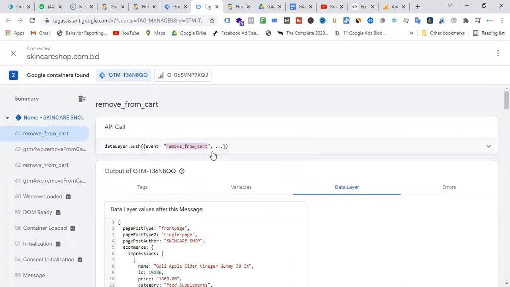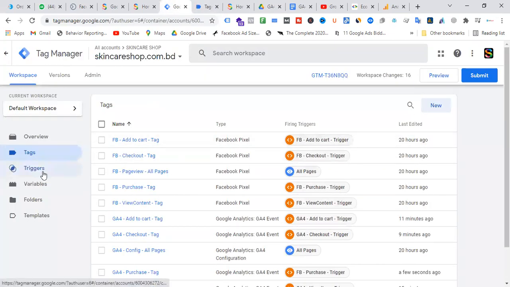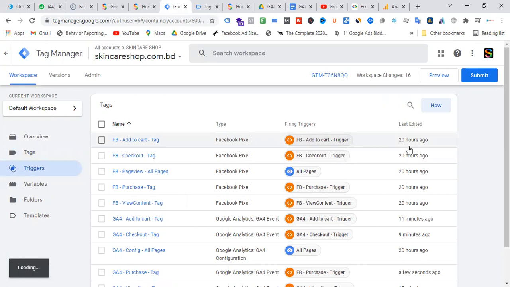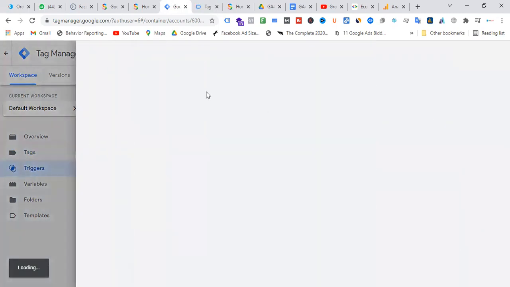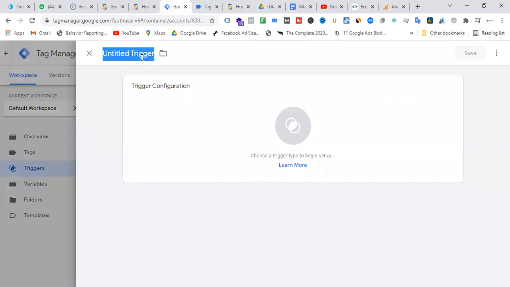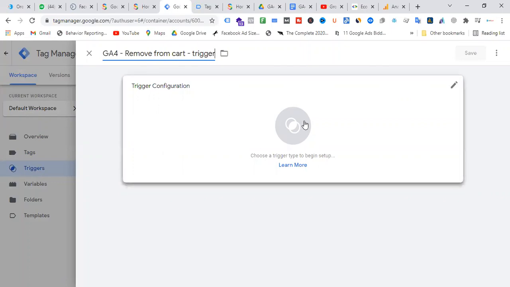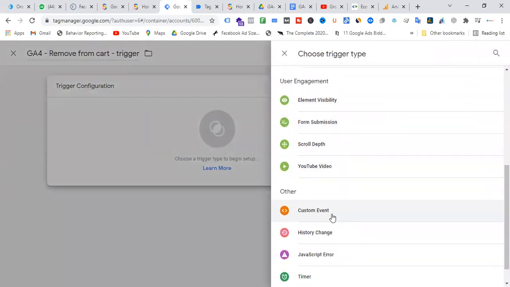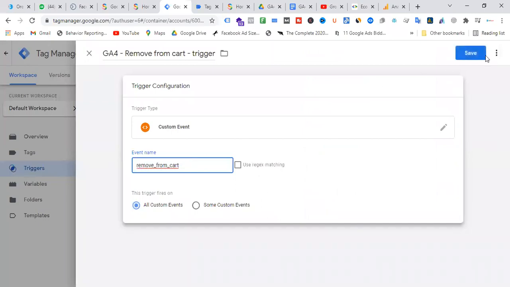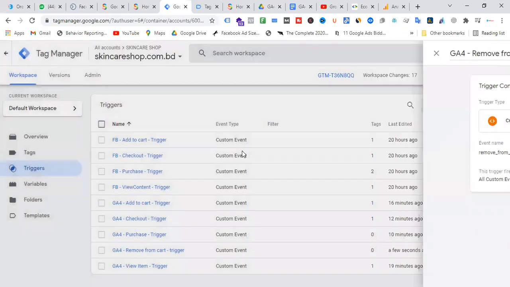You will get a report of how many people added the product into the cart and removed it from the cart. So how can you do that? I'm creating a tag. Name is GA4 remove from cart trigger. Very simple. Just select the custom event and the name is remove from cart. Okay.